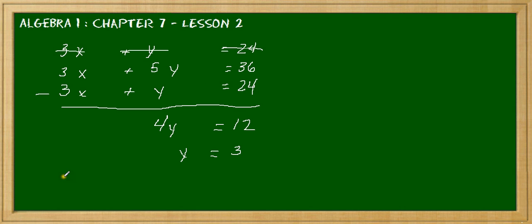Let's just do it down below, and we know that we would have 3x plus 3 is equal to 24, right? Because we simply put the y value in up here, and now we have the equation. That's a 3. I know it looks kind of weird, but that's 3x. And now if we simply subtracted each side by 3, we would end up with 3x is equal to 21,